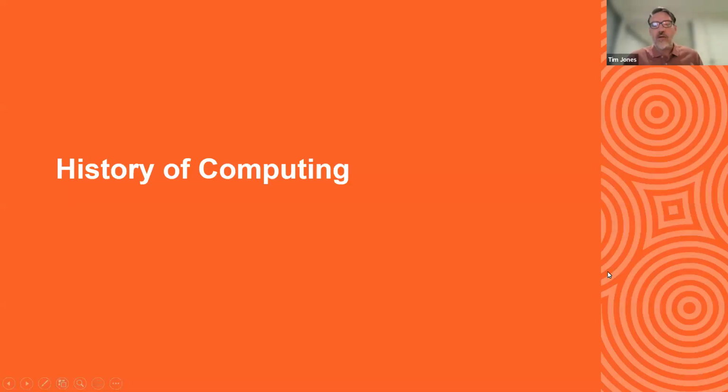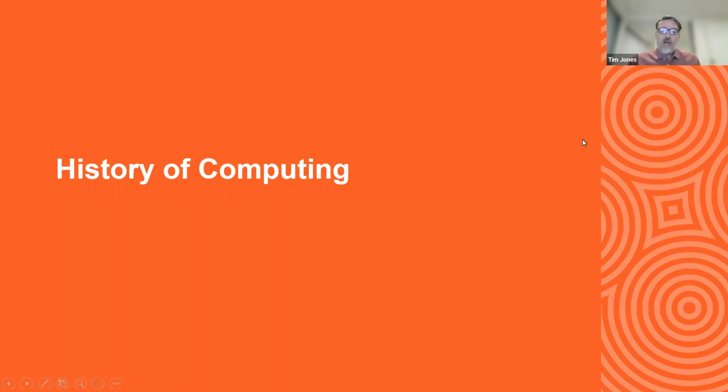Now, to begin with, one of the things which I think is valuable is to sort of understand how we got here, why it is that computers are important for the modern world, and their pertinence and the interest people had in being able to calculate things for time immemorial.